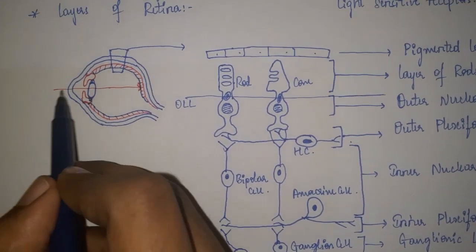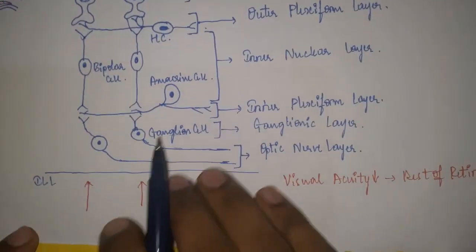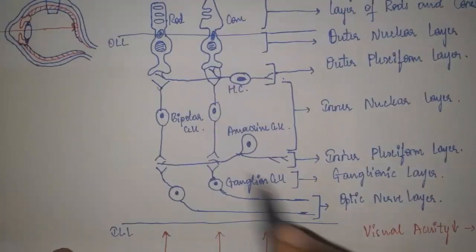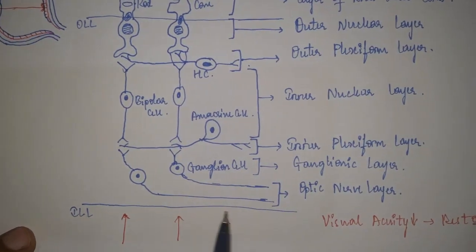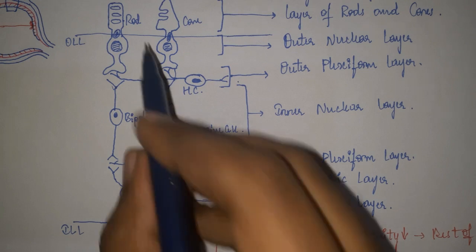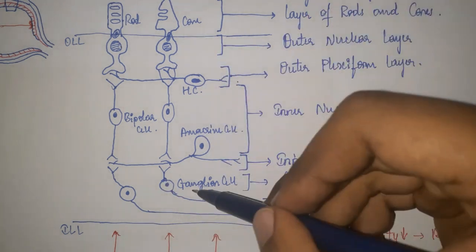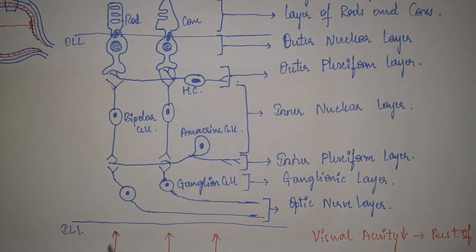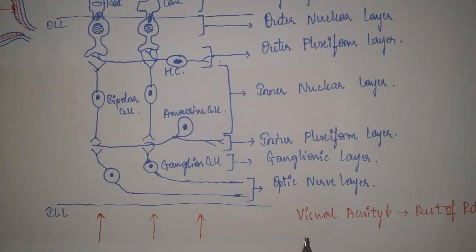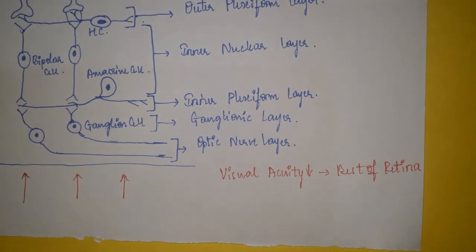See here, when light enters the pupil and strikes the retina, this is the innermost layer, right? This is also the innermost layer, zoomed in. Here, light enters, and to reach the rods and cones, light has to pass all these layers. So there is impedance or opposition to the light travel through these areas, so the strength of the light decreases. Because of this impedance, the visual acuity in the rest of the retina, except the fovea, is less.